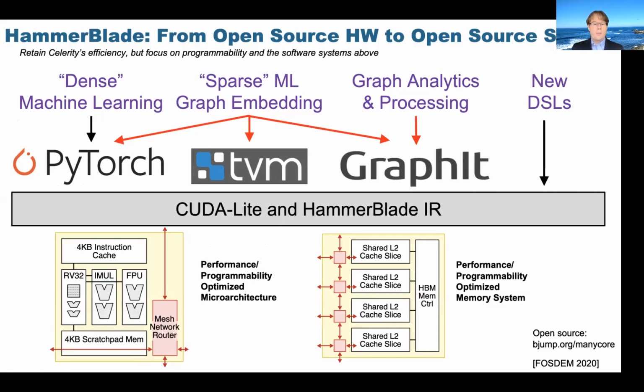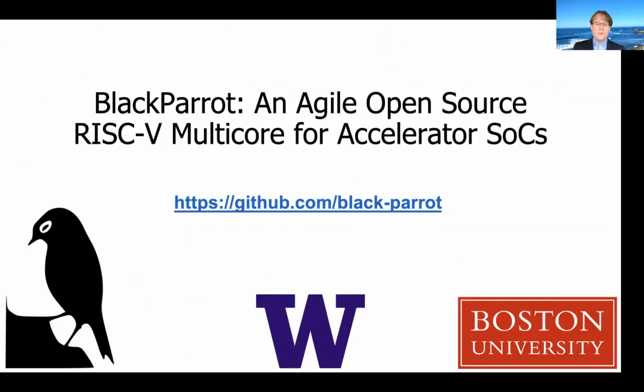So we have PyTorch running on Hammerblade, we have TVM running on Hammerblade, those are ML infrastructures, and then we have Graphit, which is a framework for graph processing from MIT. And all of this runs on top of a CUDA-like language we call CUDA Lite, which maps very efficiently to the manycore and provides a familiar C++ programming model. So you can see how Hammerblade evolved: we had a technical success from Celerity, but